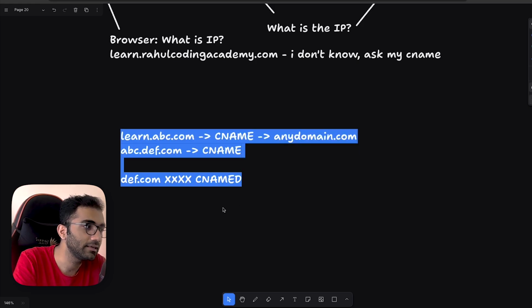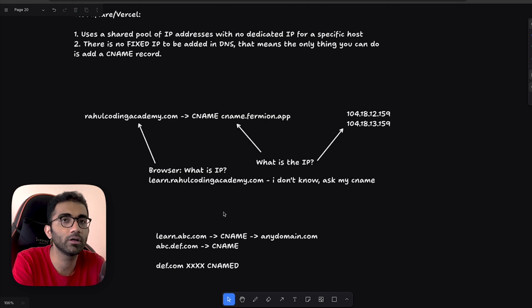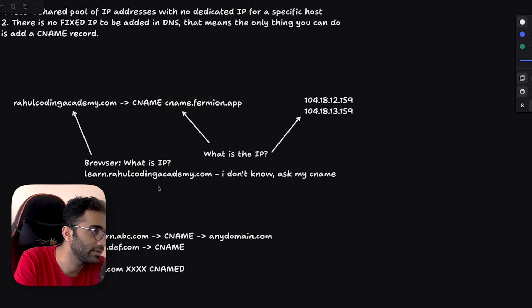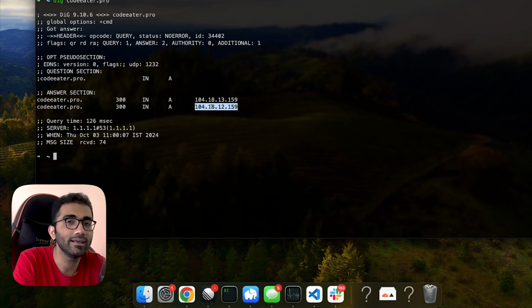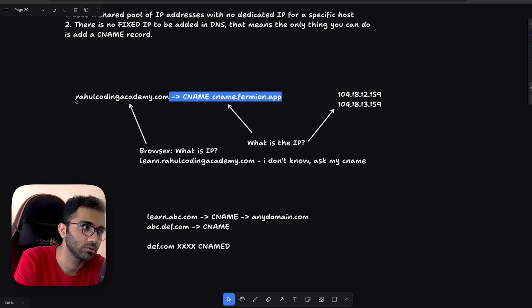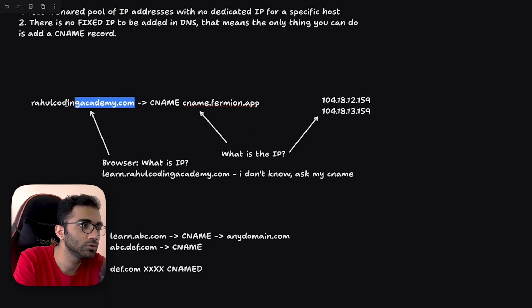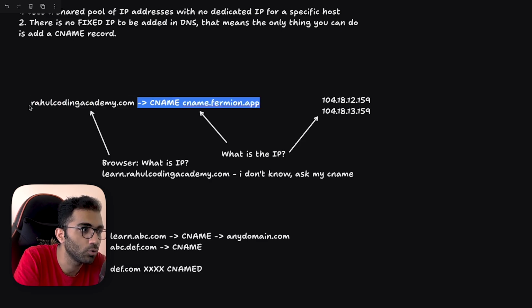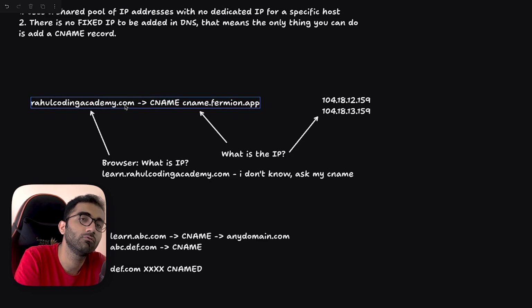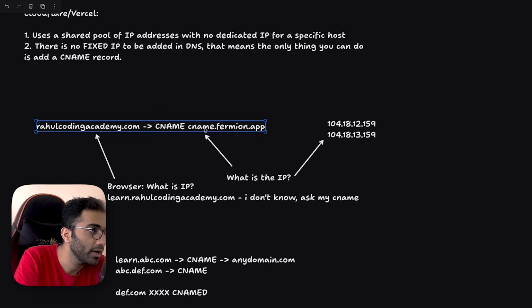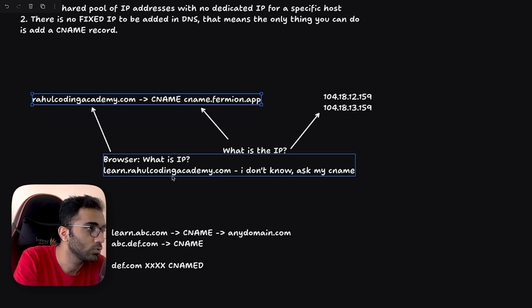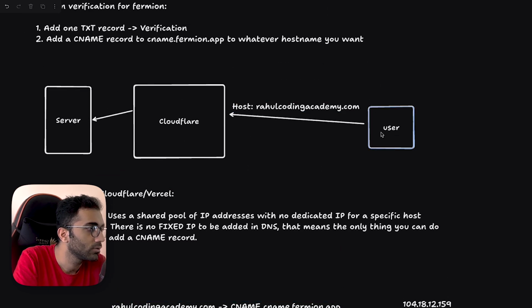So what this does is create a problem when you have a provider like Cloudflare or Vercel in front of you, Cloudflare specifically, where you never really get dedicated IP addresses, right? Because let's say if this is a person, like I gave the example of Fermion, if we want to bring this person on Fermion, we need to let this domain return a set of Cloudflare IP addresses which point to the origin, which is our own Fermion domain, right? So that in this diagram, for example, the user opens that IP address and Cloudflare can just redirect it to our server.